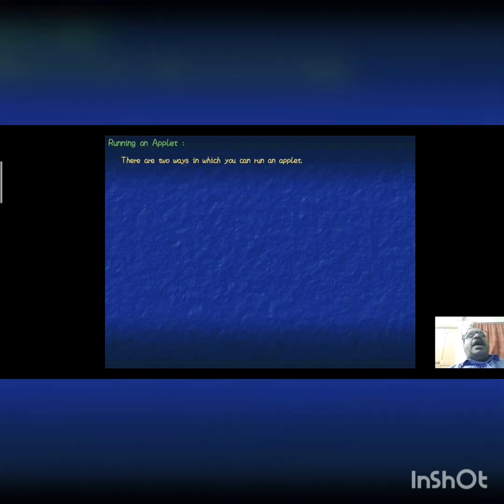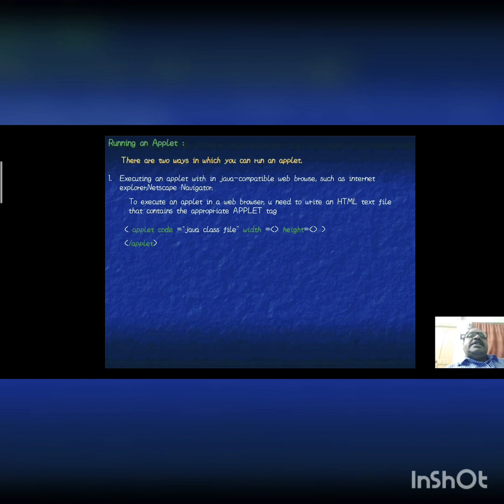And coming to how to run the applet, this is a very important task. There are two ways to run the applet, because the applet cannot have a main method. So how do we run the application? There are two ways to execute this applet program. One is executing an applet within a Java-compatible web browser, such as Internet Explorer or Netscape or Chrome or anything. The application we have already prepared, that class file, should be embedded with the HTML